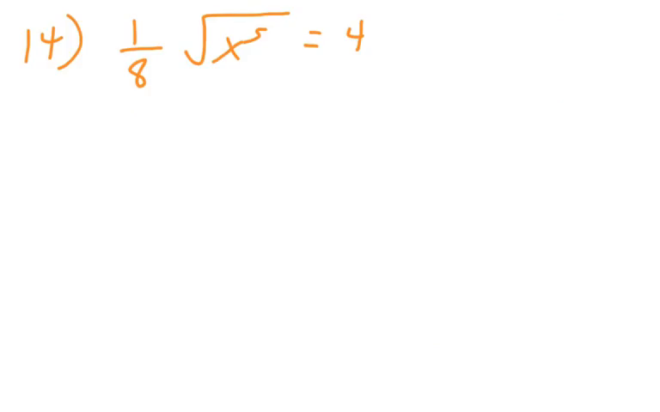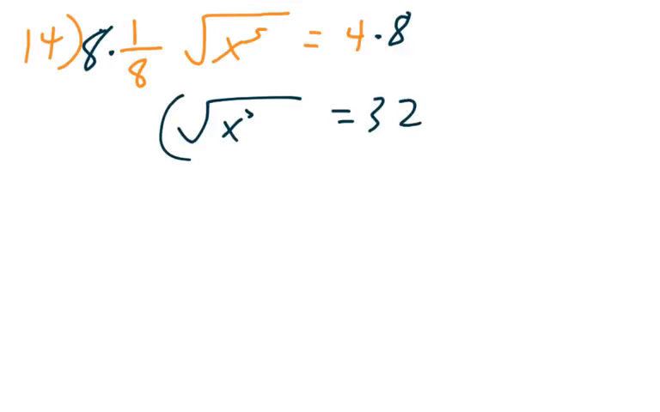For this next problem, we got 1/8 x to the 5th square rooted equals 4. The first thing I'm going to do is get rid of this 1/8 on the outside. I'm going to multiply by 8. So I got the square root of x to the 5th equals 32. Now I'm going to square both sides because I want to get rid of the square root. So this turns out to be